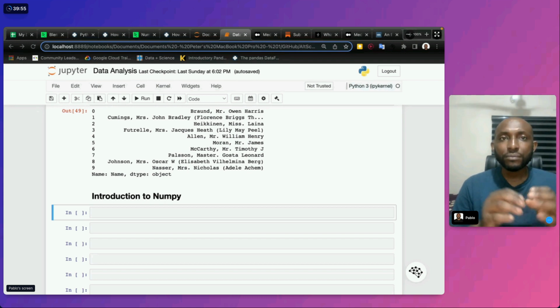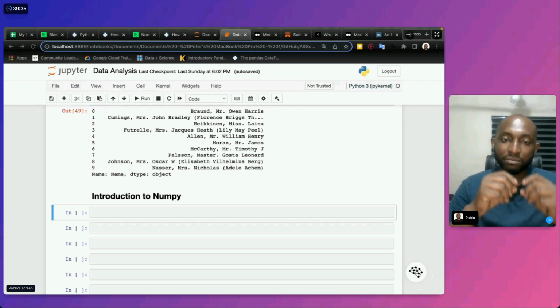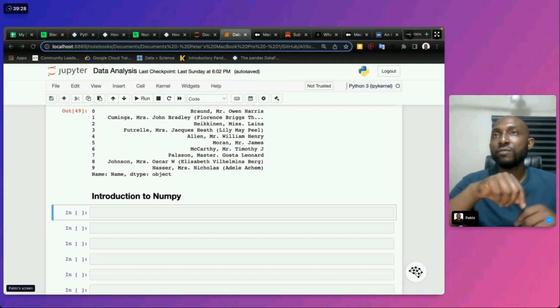On one side, it's easier to analyze this data in one way. It's easier to put it out as arrays. Why? Because these arrays use one type of data type, so it's practically so quick for you to analyze it as arrays of numbers rather than trying to analyze them as text.